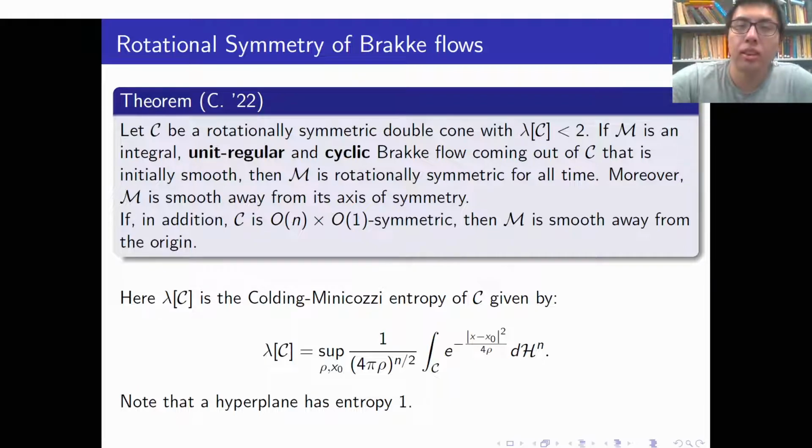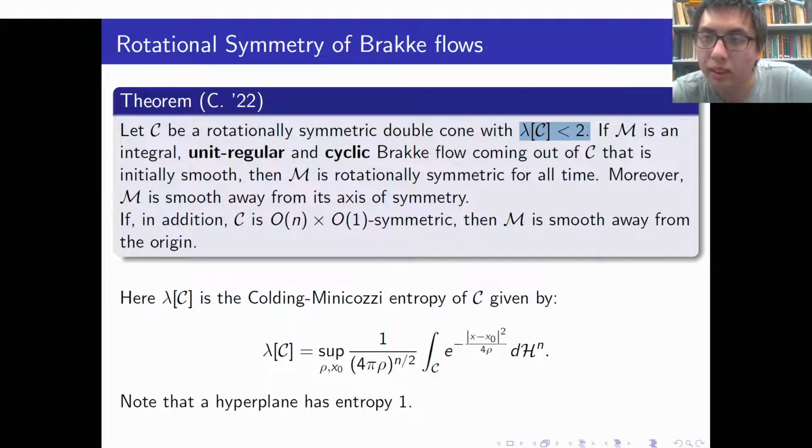Okay, so here I highlight the assumption lambda of C is less than or equal to 2. In some sense, this is not a full generalization of the expander result, because in the expander result we don't have this extra assumption, which I'll talk about a little bit later. Even for the expander case, in the expander theorem we can have arbitrary cones, even with multiplicity. That's still true, but here I have to restrict this to